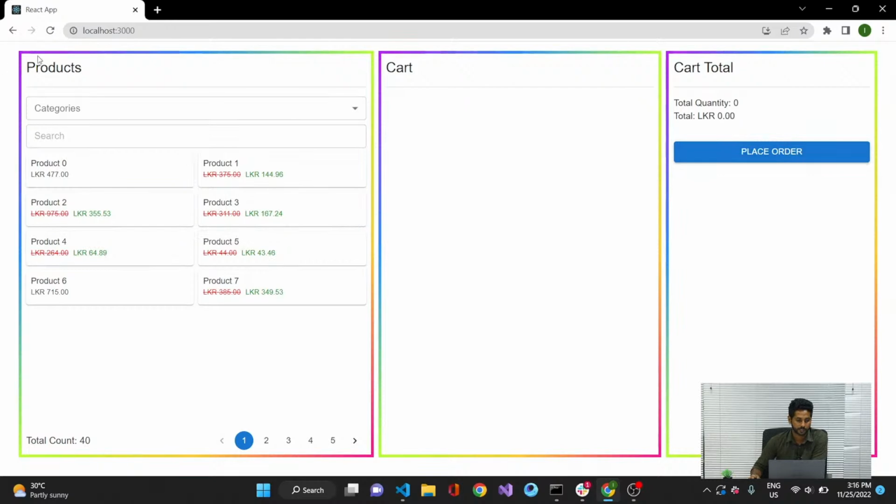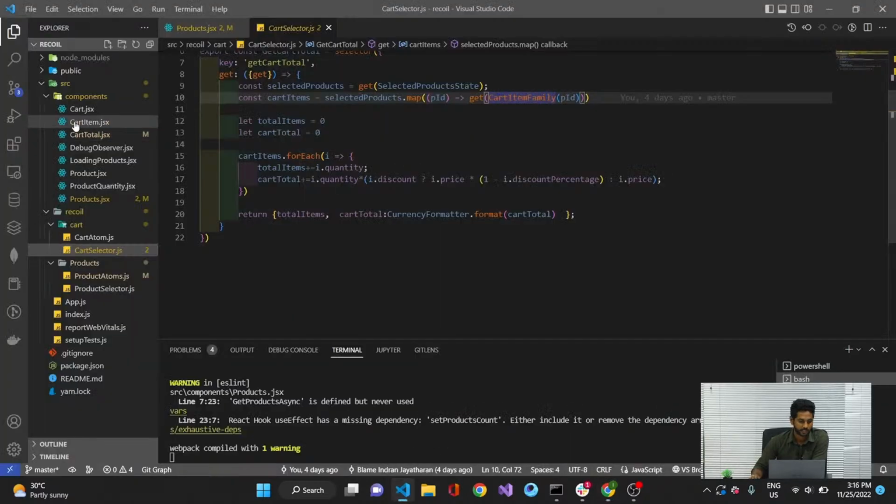So let's look at the product list. For the product list, I have tried two different approaches. One is managing everything from the client side, and another is handling everything from the server side. For the client side, what I have done is, first I created a